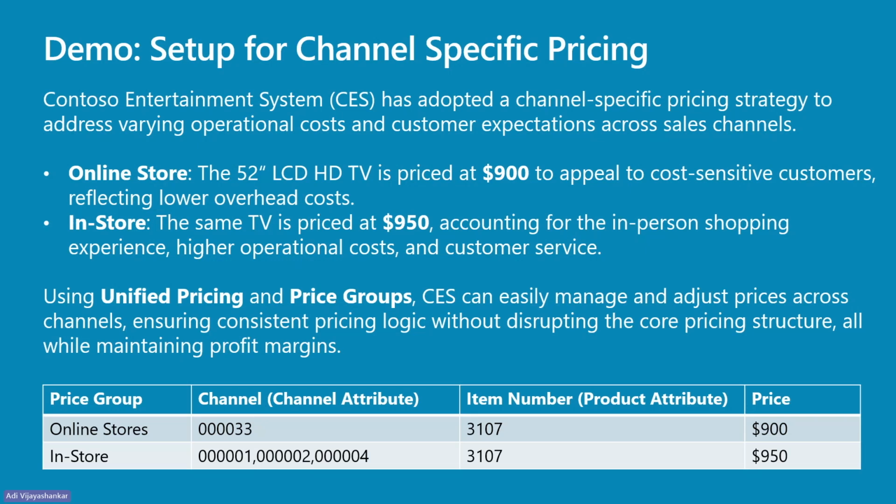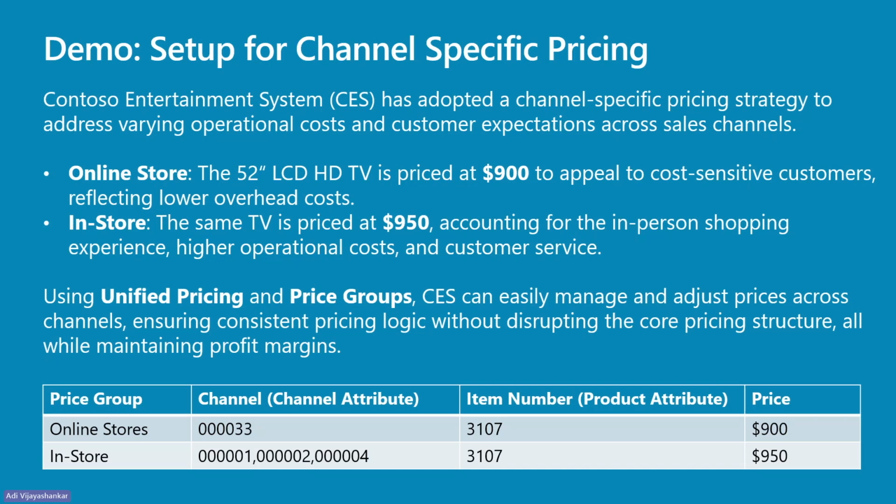So as a retailer operating across multiple sales channels, CES needs to account for varying operational costs and customer expectations. So here's the scenario. CES is selling a 52-inch LCD HD TV, and they've adjusted the price depending on the sales channel to reflect the differences in costs. So for the online store, CES is offering the TV at $900, which targets cost-sensitive customers. For the in-store channel, the TV is priced at $950, so the in-person shopping experience and higher operational costs is